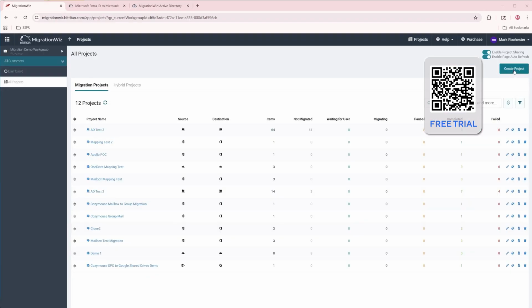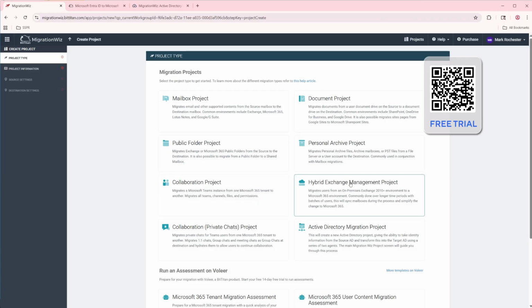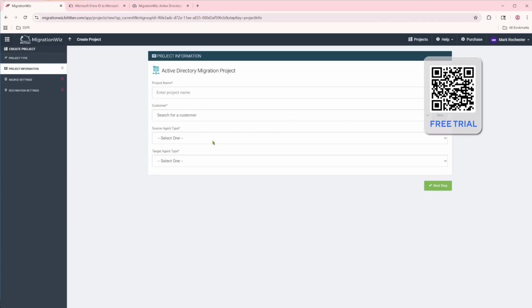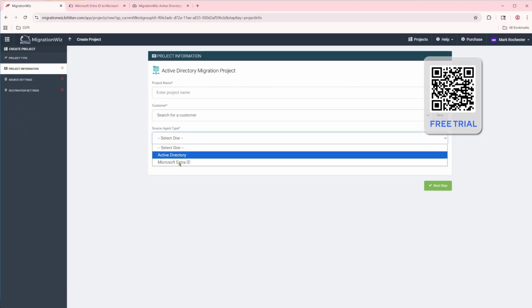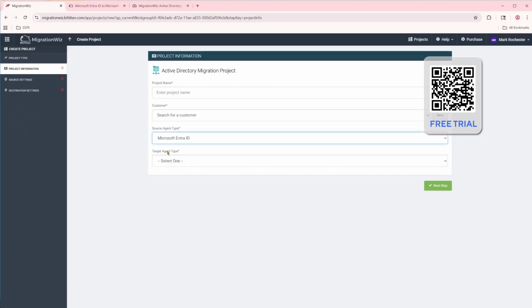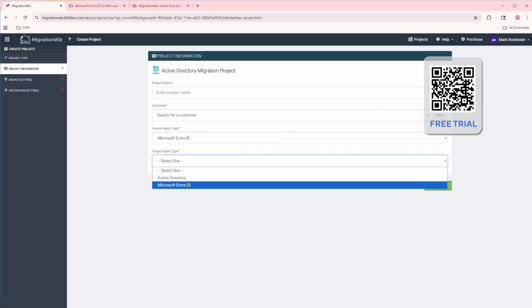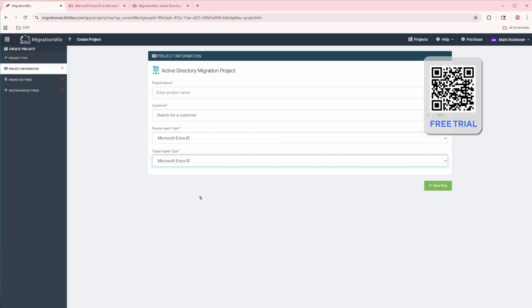So we're going to go here and hit Create Project and choose the Active Directory Migration Project. And we've got our normal project name and customer, but I want to show you this one here, the source agent type. We can go from AD and Entra, which we'll choose Entra here, and we'll choose Entra down here. Now, this is important because we actually still have, like a normal AD project, even though we're going Entra to Entra,